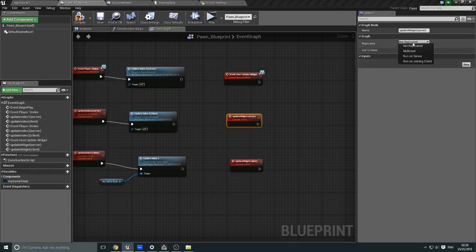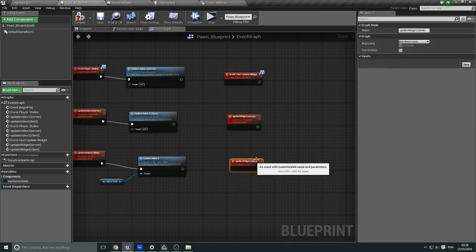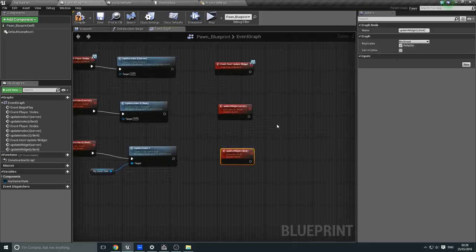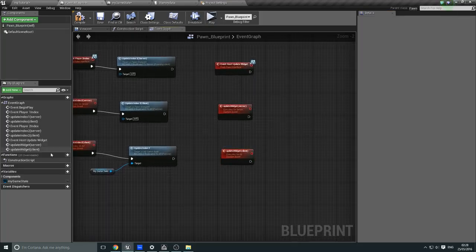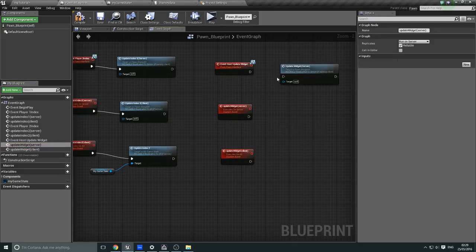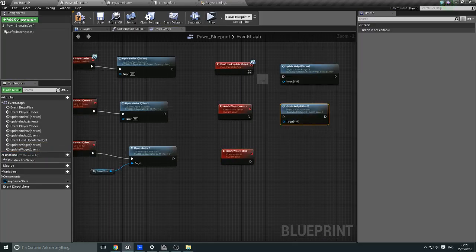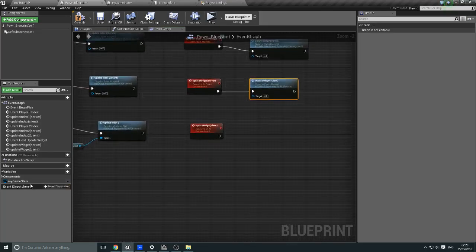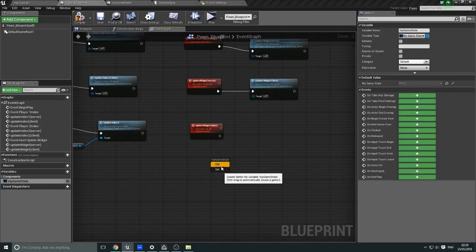This one is run on server and reliable. This one will be multicast and reliable. So now we can call these in here. I can call the server there, we can call the client. Drag that and drop that on there. Connect them together. And the final thing we need to do is call custom my game state,